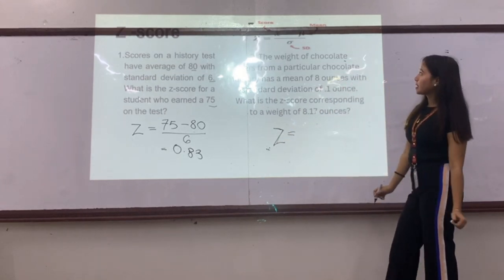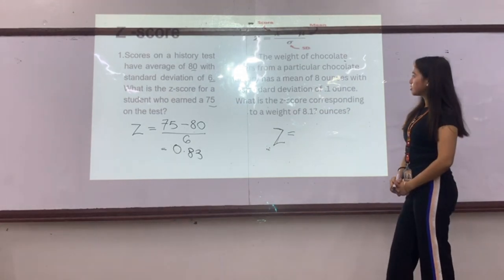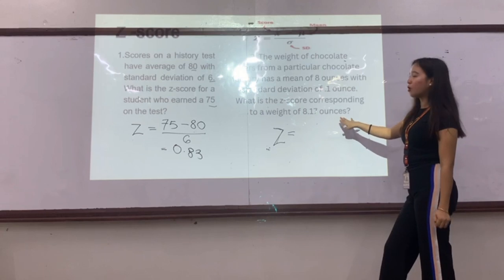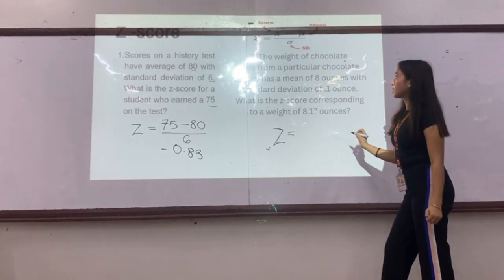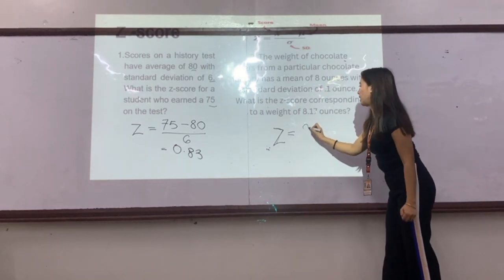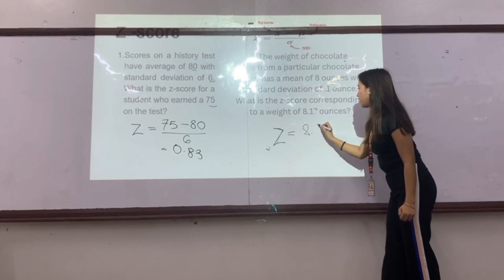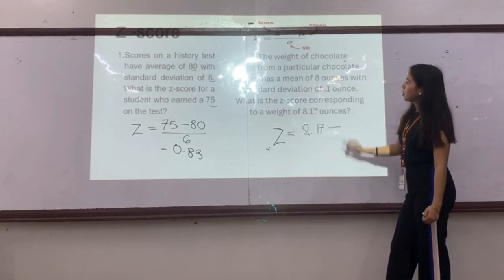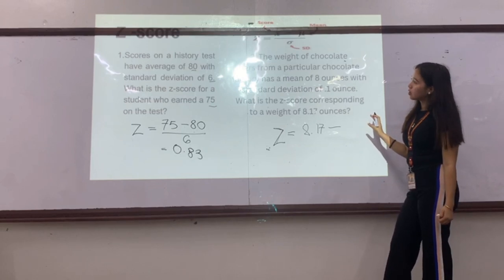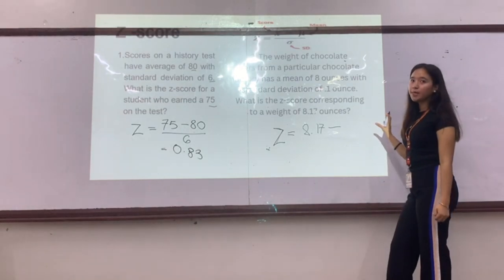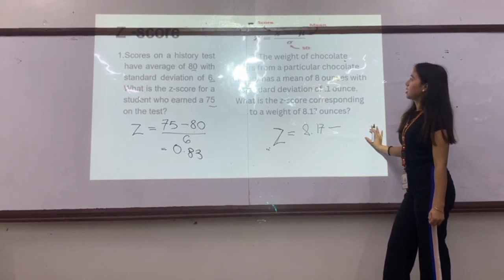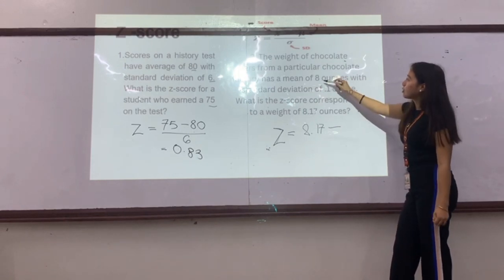So what is the score? So the score is the weight in ounces, so 8.7 minus. We find the mean. So the mean is 8 ounces. So